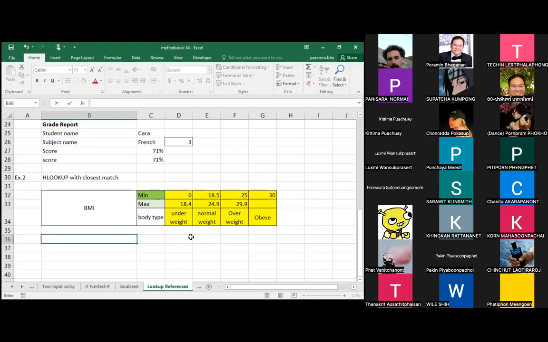BMI equals to... can somebody help me, what is the BMI calculation? Body mass index comes from weight in kilograms divided by height, but height is in meters, not in centimeters. So that means if you measure the height in feet, inches,